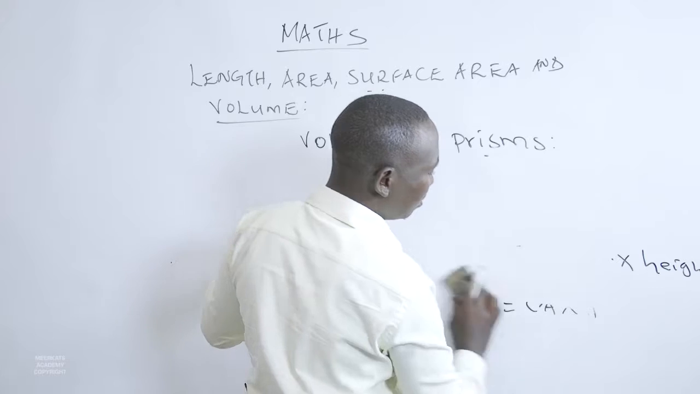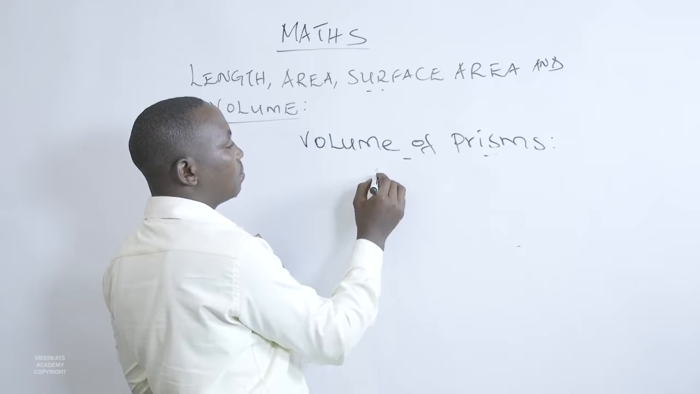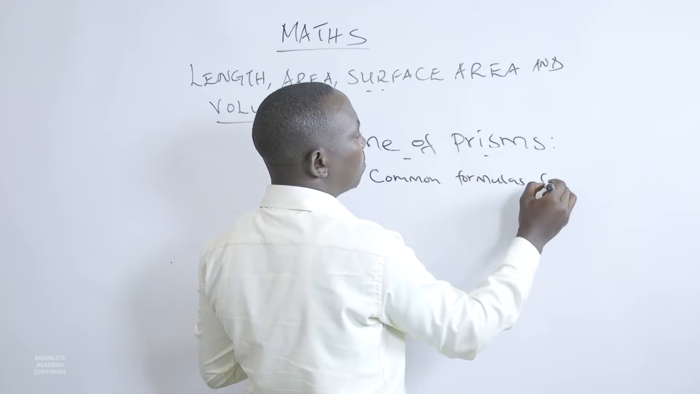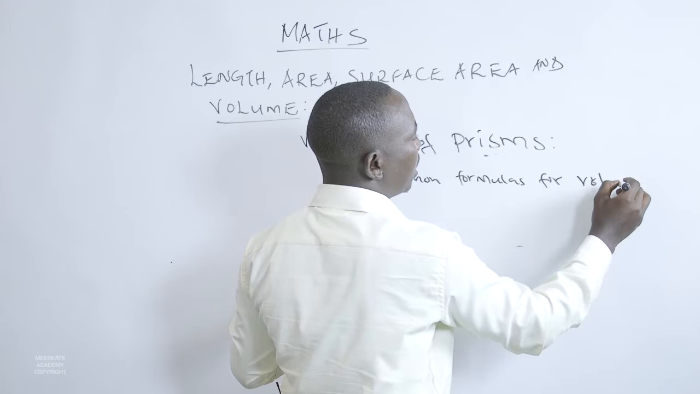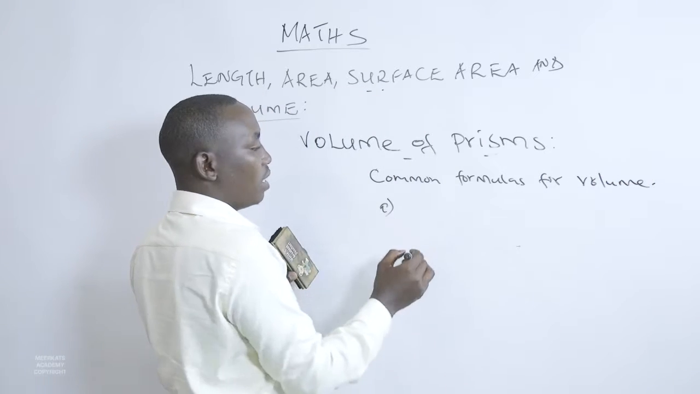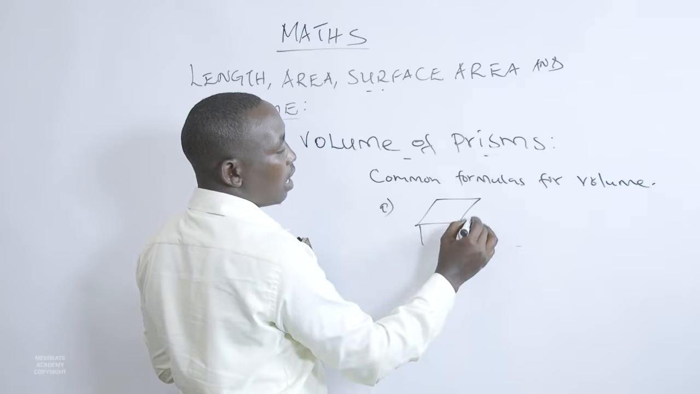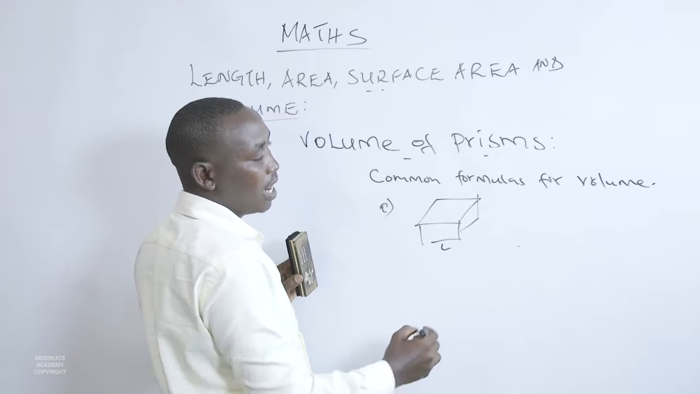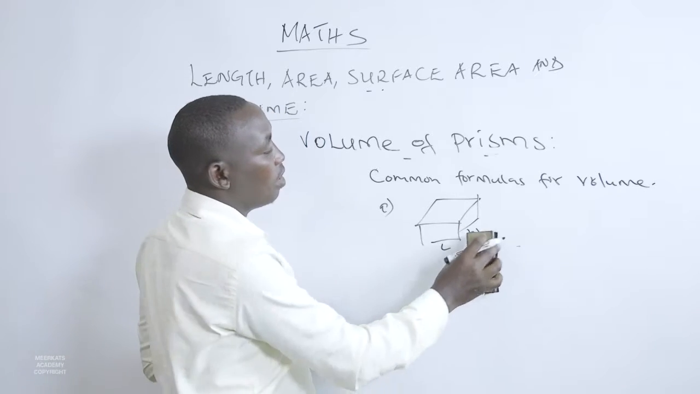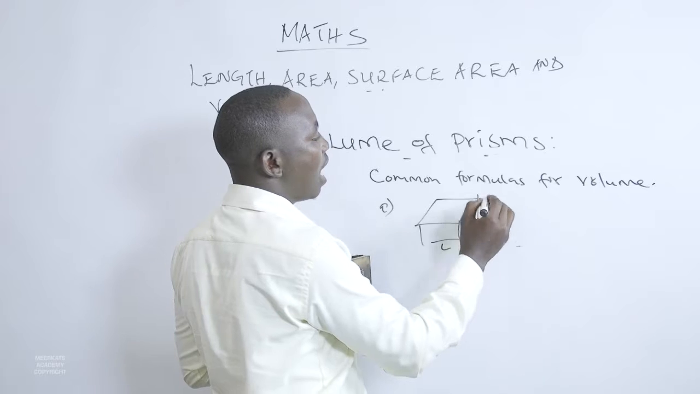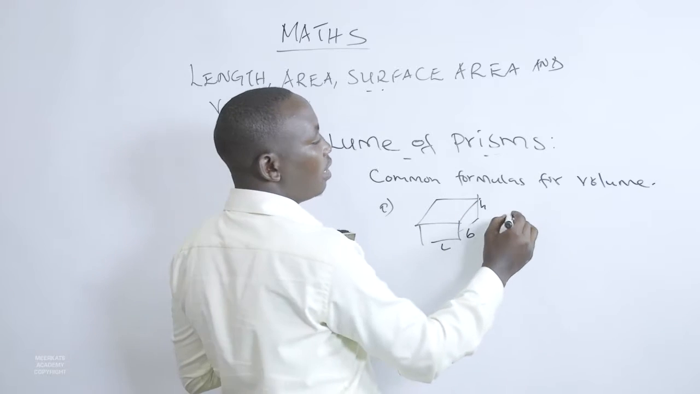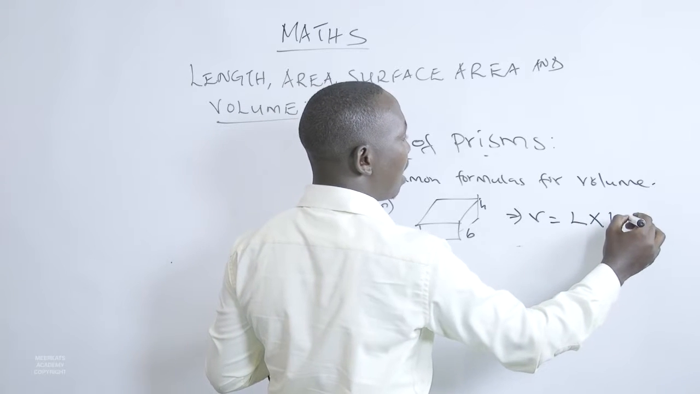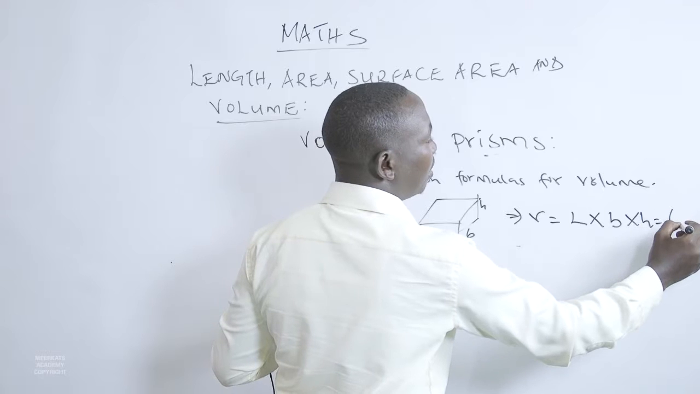Common formulas for volume. Number 1, when you have a cube or a cuboid that has this side labeled the length, the other side labeled the breadth, B, and has a height, H, then for you to get the volume, you take the length, multiply by the breadth, and also multiply it by the height, which can be simplified into